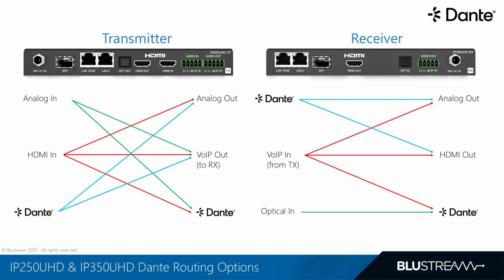Once received, this optical input can be transmitted into the Dante or AES67 network, making it easy to route that local audio to a specific Dante-enabled amplifier in the zone. It's a great way to preserve consistent sound reinforcement even when the display is operating standalone. Just one important distinction to note, on the IP350 series, this feature is separate from the HDMI ARC, eARC, or optical audio return functions that we've covered previously.